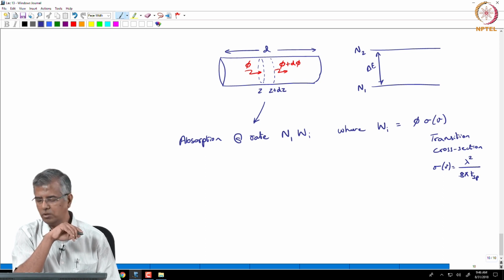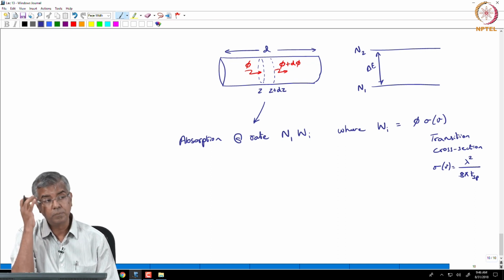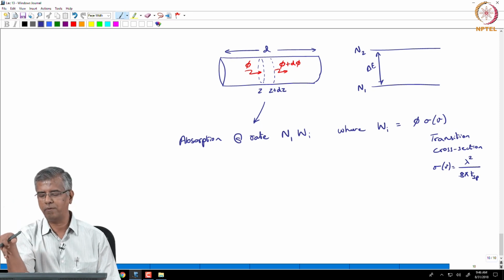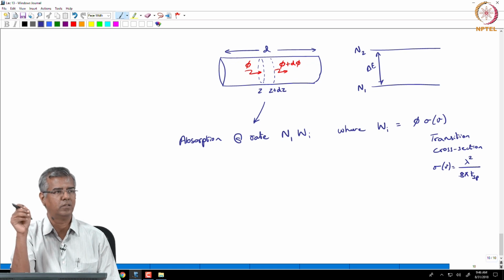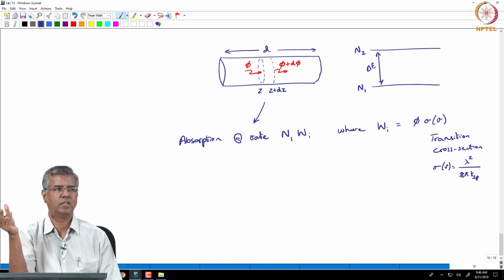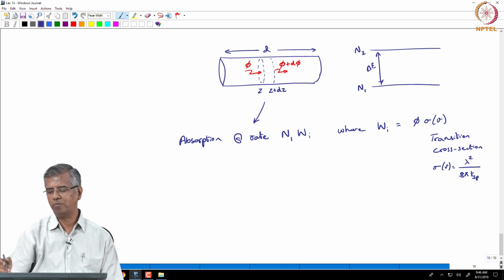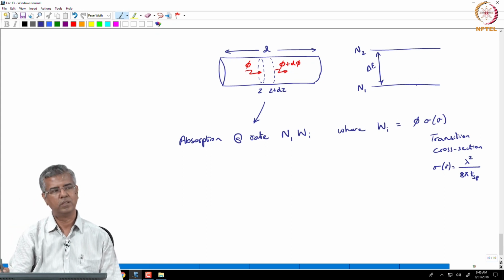Frequency, right. So what we are implying is that sigma is different for different frequencies. In this case, we have only one transition. So, how many frequencies would it correspond to? It's a very specific frequency that we are talking about, but in reality we would have a bunch of